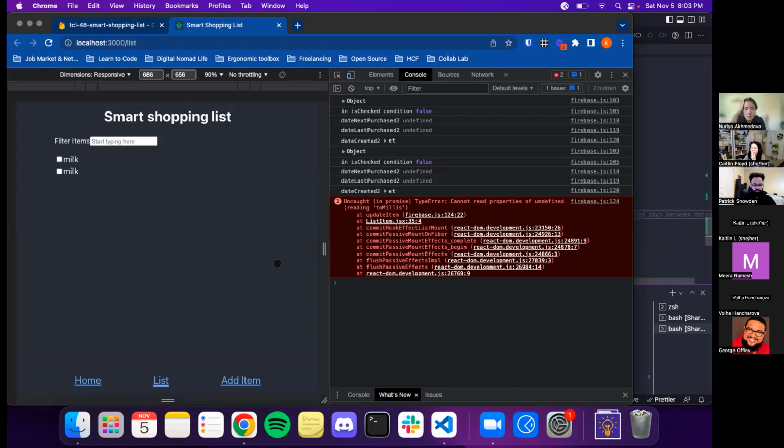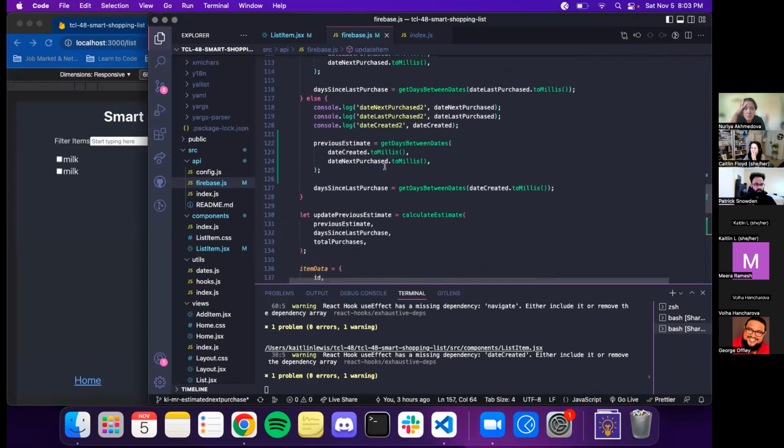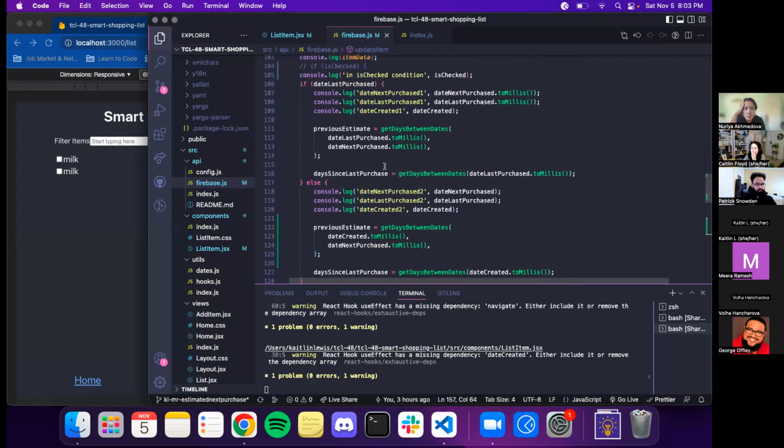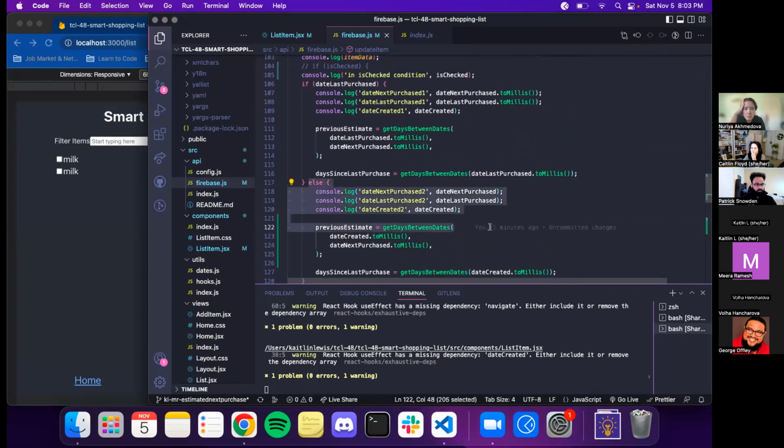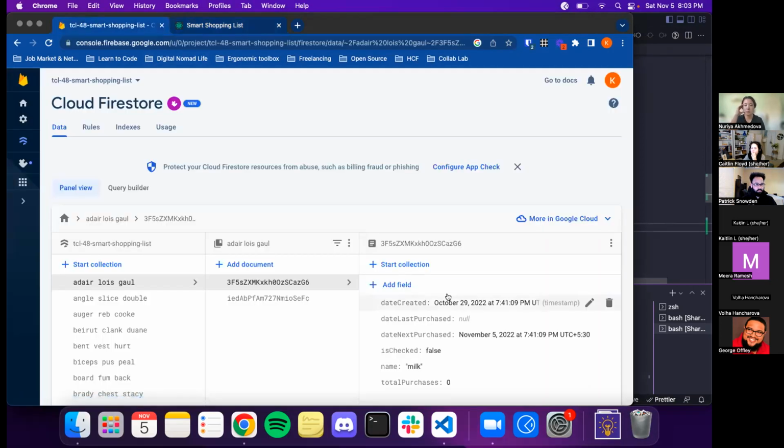It seems to be happening when we're triggering this else condition, so if the item does not have a date last purchased, we're getting undefined. Can you please go to the list?